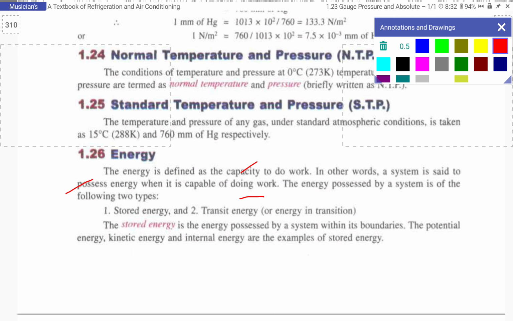So the energy possessed by a system is of the following two types. One is stored energy and two is transit energy. Transit means energy in transition, right? So energy in transition. Okay, so what is stored energy? Stored energy is the energy possessed by a system